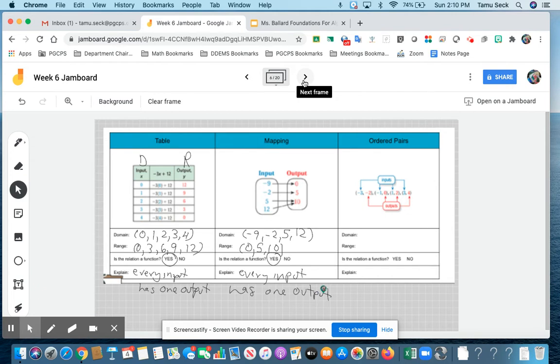Now, the domain for ordered pairs, remember the domain cannot repeat. So in this case, the domain does not repeat. But if there's more than one domain, you cannot write it multiple times. You just write it once. And the range,